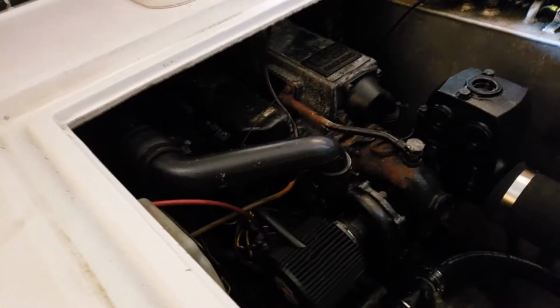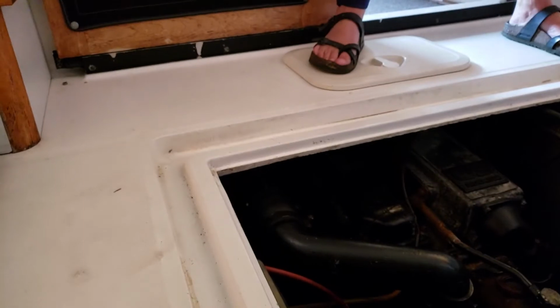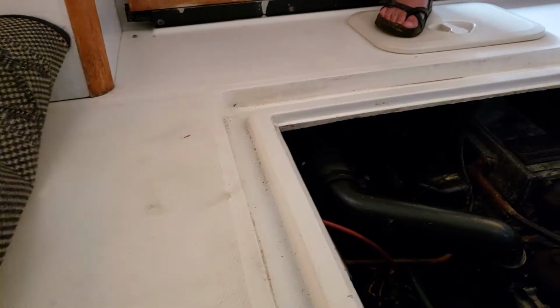Wow. And another thing, I came down here the other day and there was some pink fluid. So I took a picture of it and sent it to my mechanic and I said, what's this? And it's out of that. Whatever that is, it's something to do with the steering, this thing here. Steering fluid? Oh, so anyways,